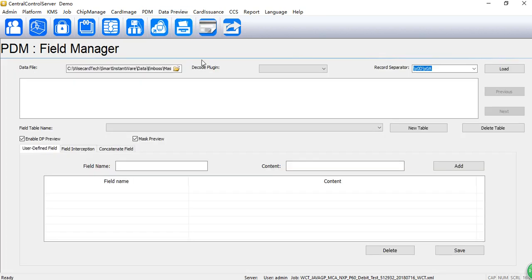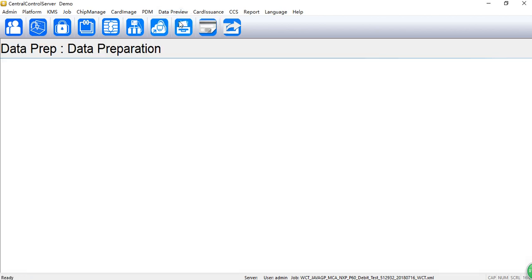Field Manager allows user-defined field rules for cardholder input data, and some of these fields, like record ID, check 1, check 2, and override data, will be used for data preparation and card issuance process. We are going to data preview. Data prepare